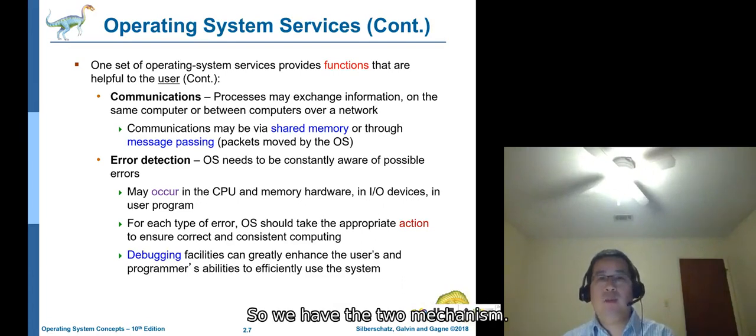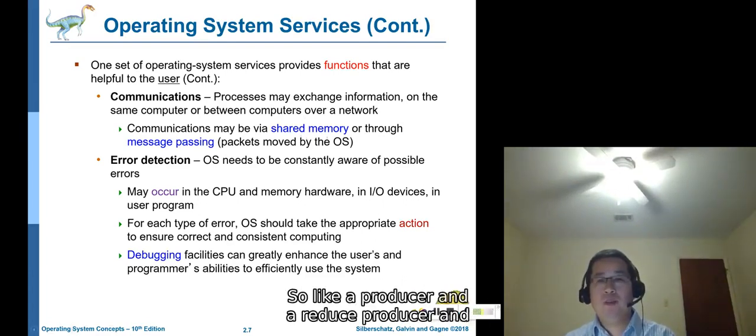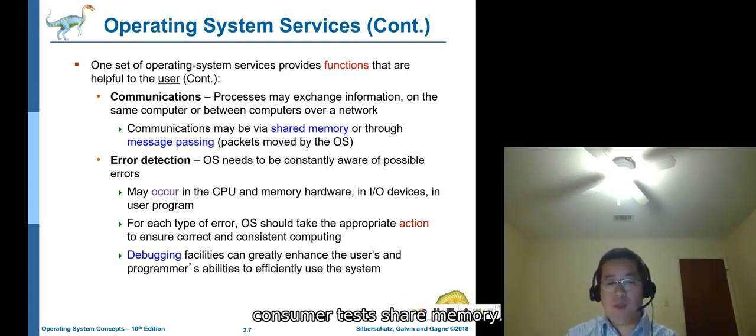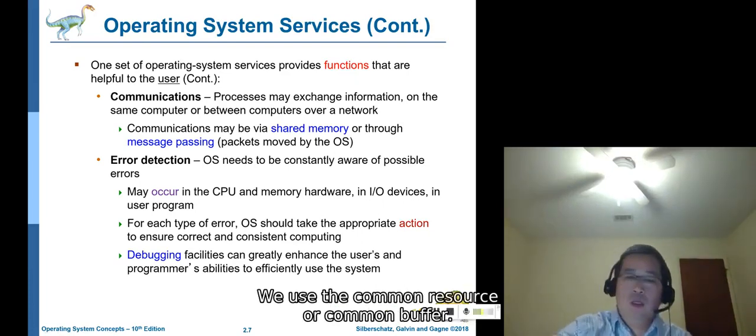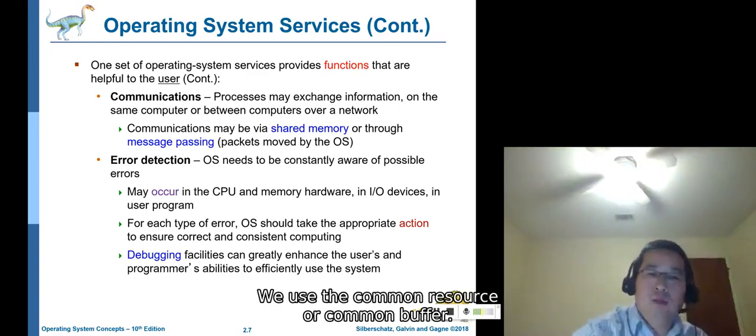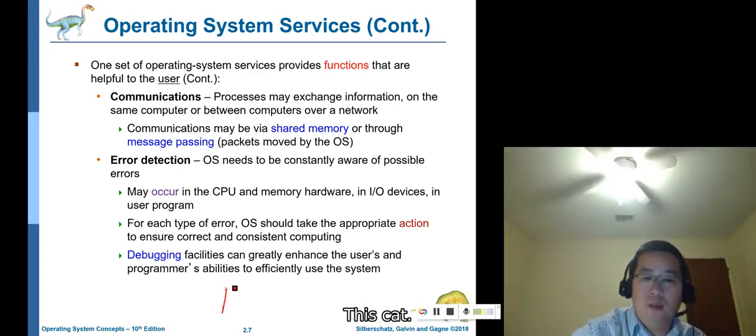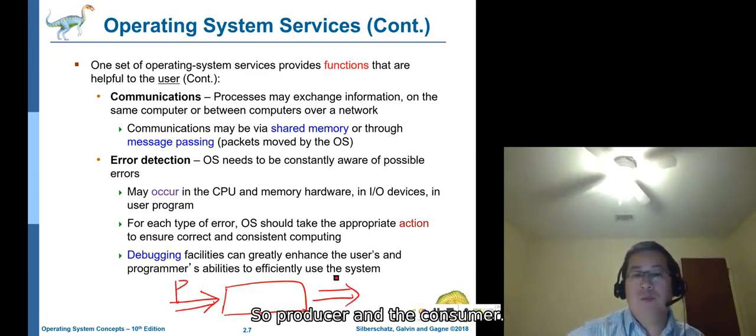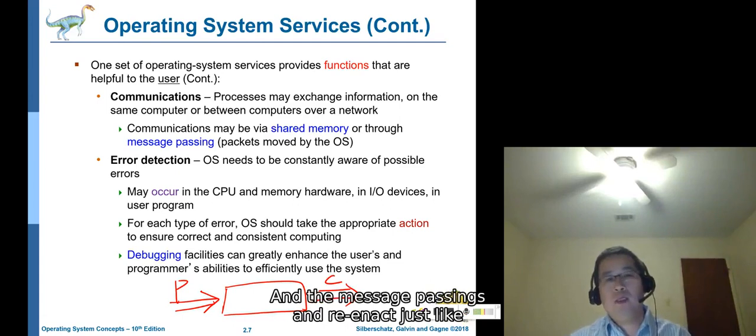We have two mechanisms. One is called shared memory, like the producer and the consumer. Producer and consumer, that's shared memory. We use a common buffer to do this. And message passing is really just like a network